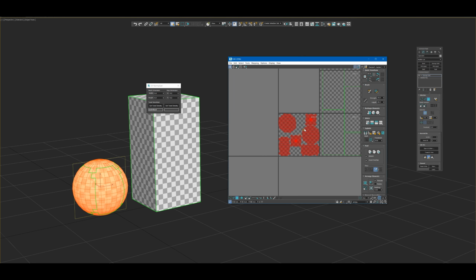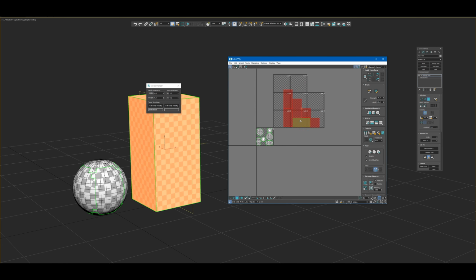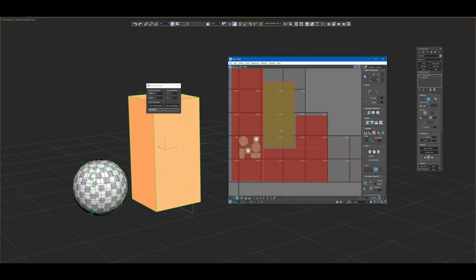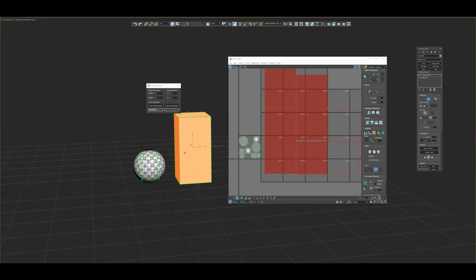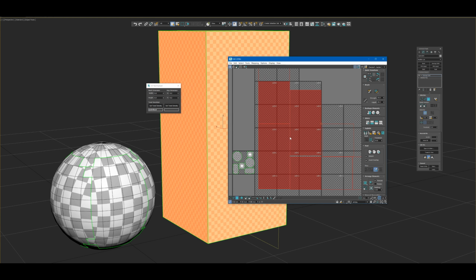So here you can see right now, this is my UV and I'm scaling this UV. Let me scale it more and more and more. You can see the checker size is getting smaller as I increase the size of the UV, and here the checker size is small. It means this is using a much denser texel density.